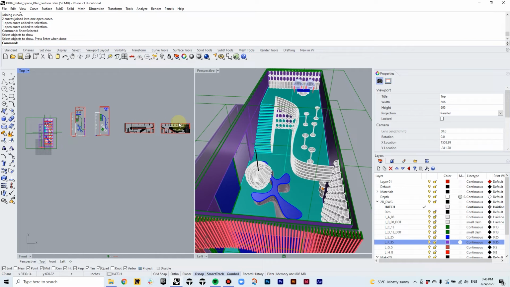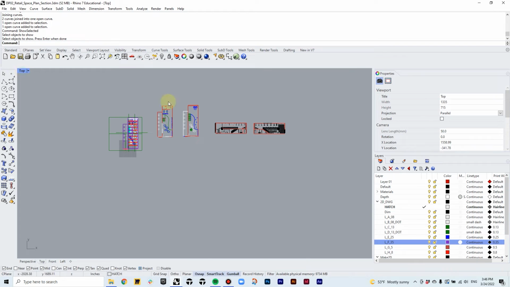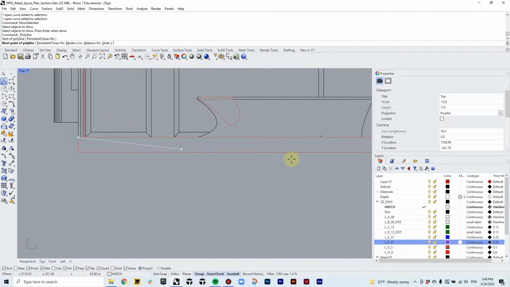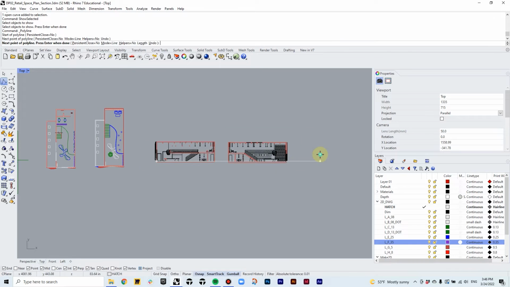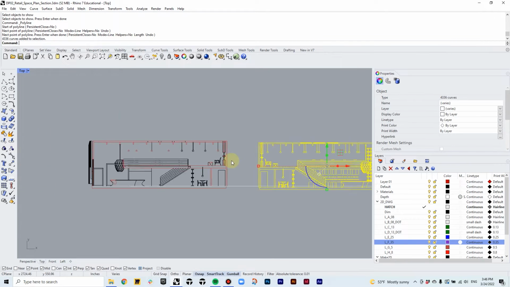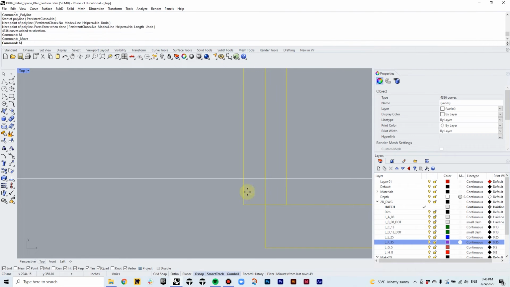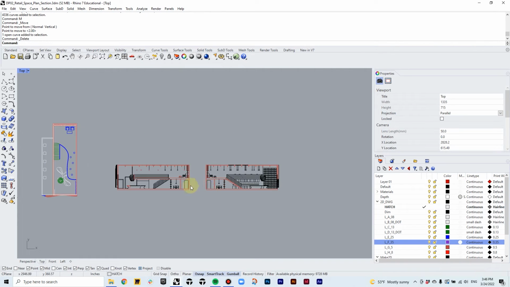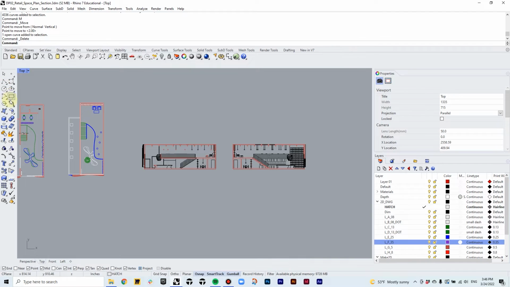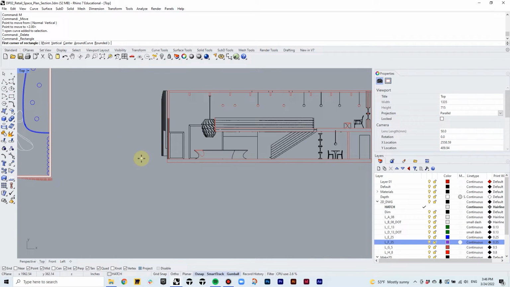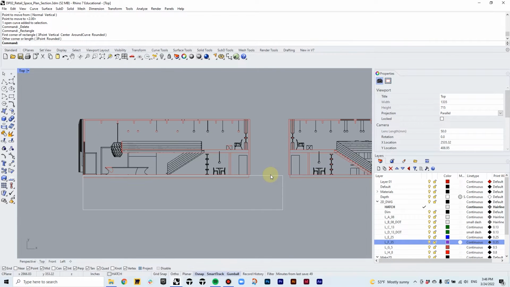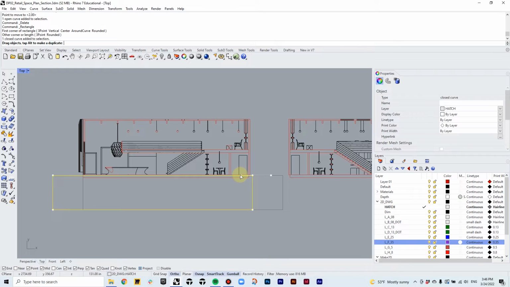Okay, now we are going to go into the section drawing. So in the section, what we want to do is to align these two section cuts so that we can just be perfect with each other. Okay. So when you're doing section cuts, what I would like you to indicate is that there is going to be a solid ground. So then slightly below the building,